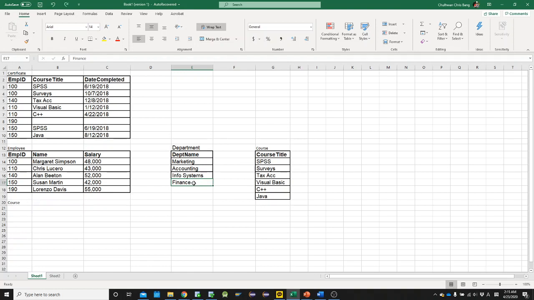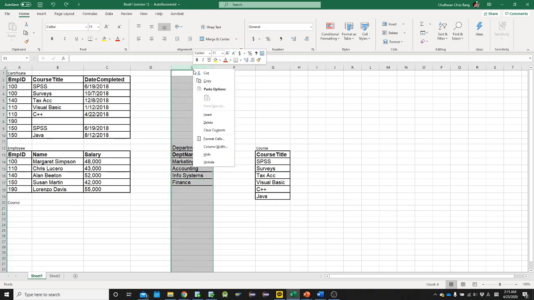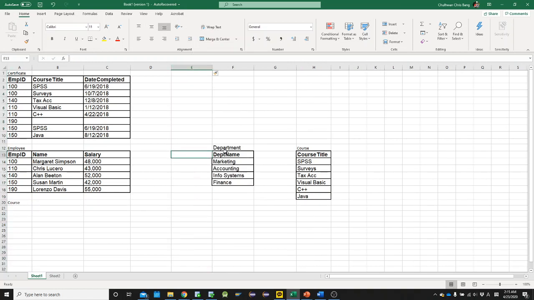To avoid it, it's better to have primary key, department ID, like this. So department ID